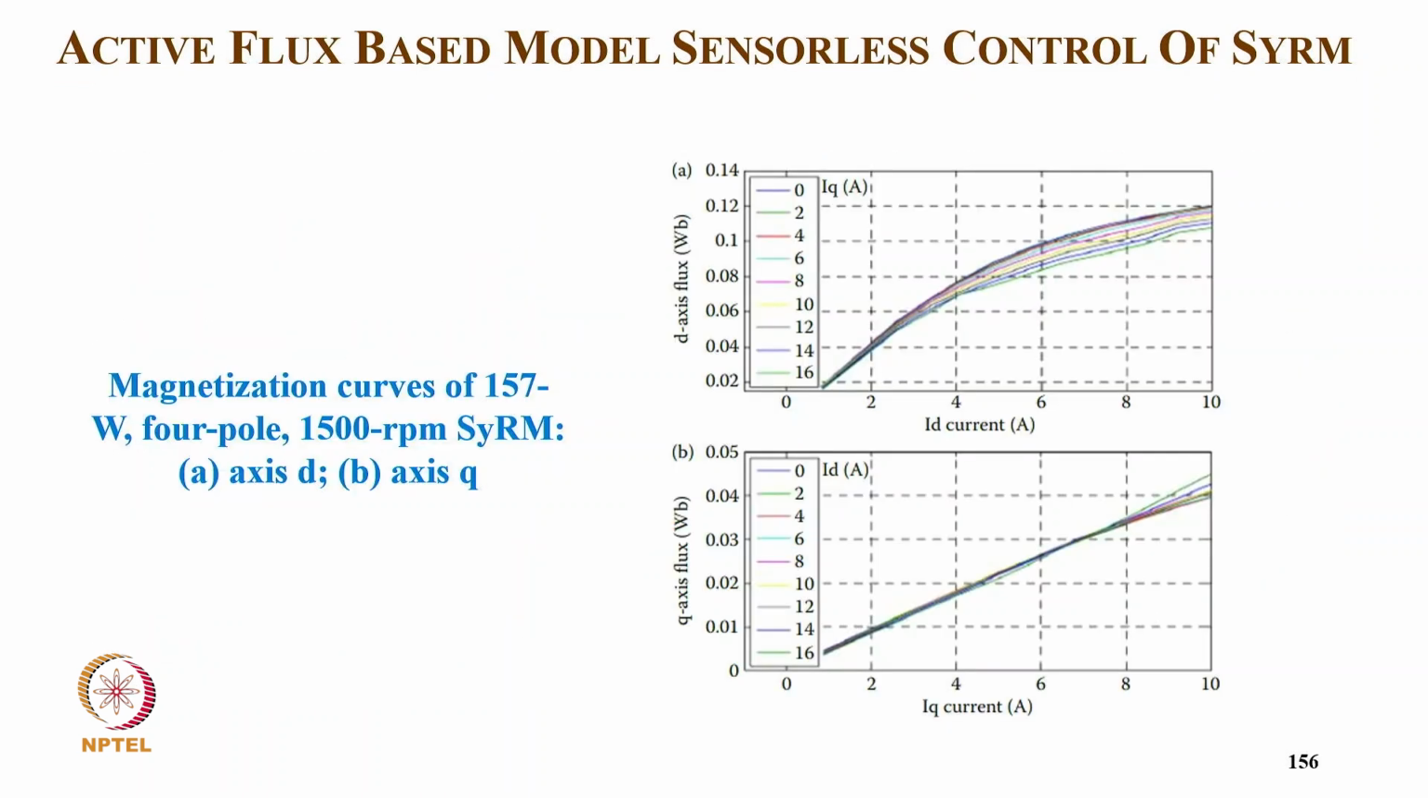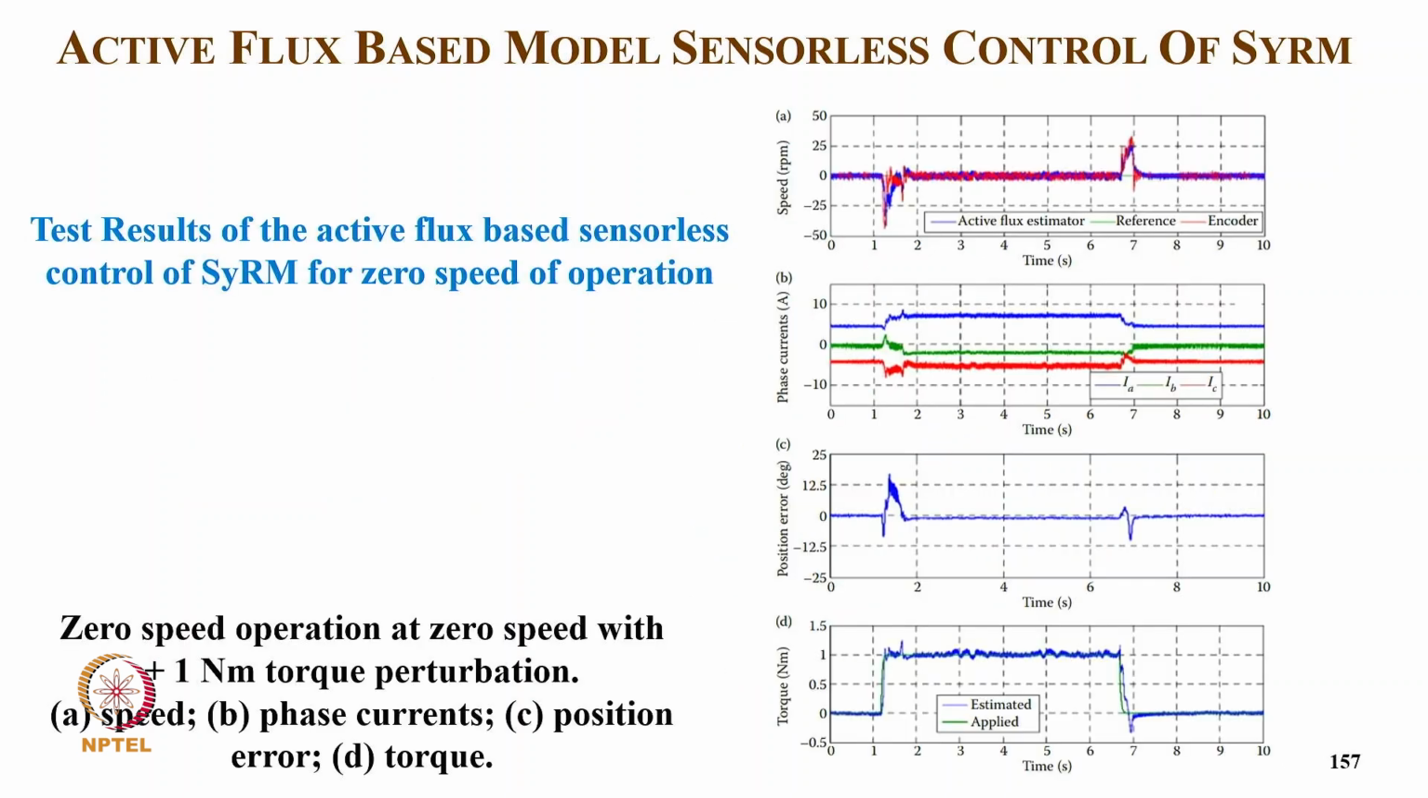And this is the magnetization curve of a 157 watt, 4-pole, 1500 RPM synchronous motor, for the D axis and Q axis. It shows how the fluxes of the D and Q axes vary for different levels of your Id and Iq. And this is the test result of active flux based sensorless control of the synchronous motor from zero speed